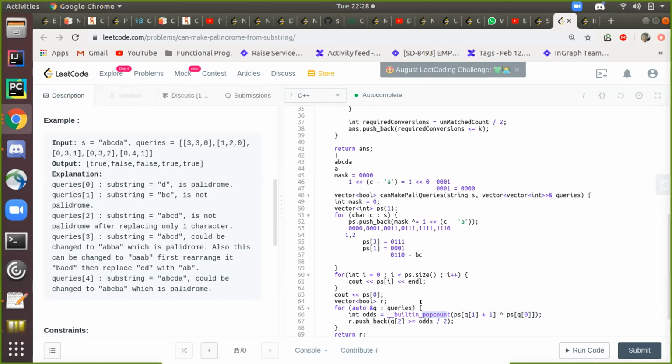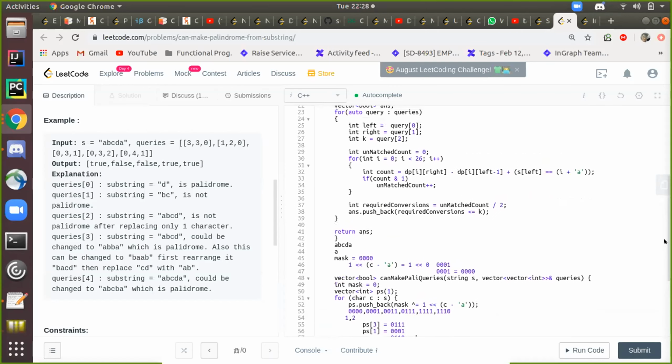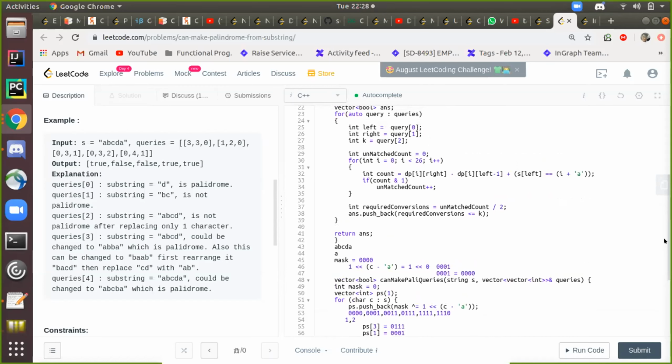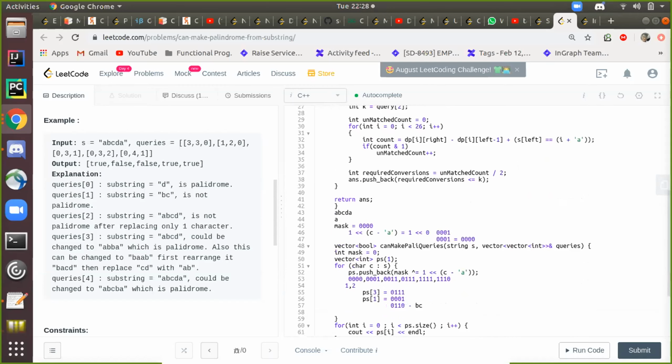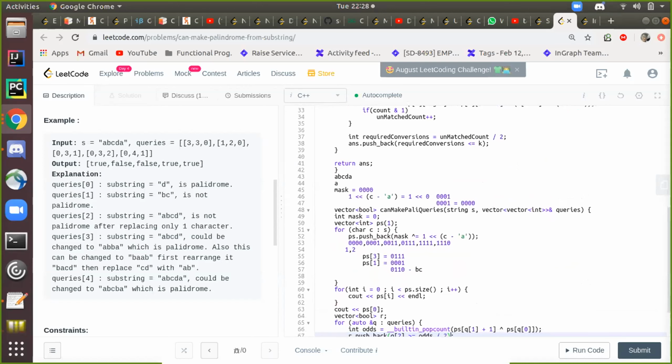The last line confused me: odds by 2. He's asking why you are taking odds divided by 2. Because if you have any number of odd values remaining and you have k value, so you have 2k, you can actually change half of those remaining odd values.